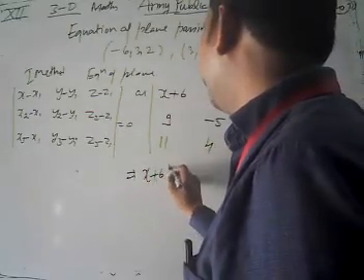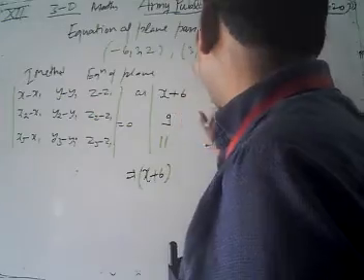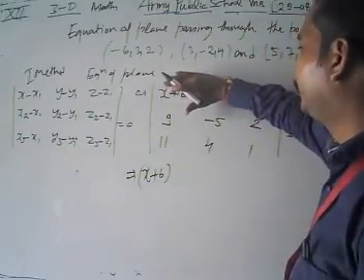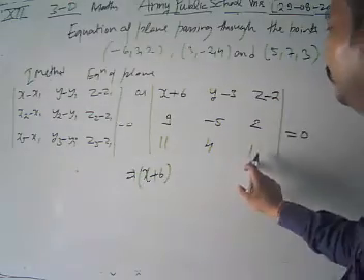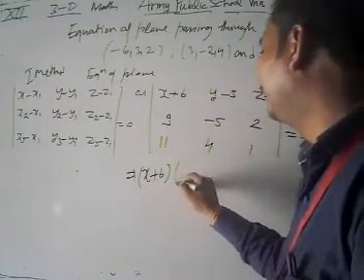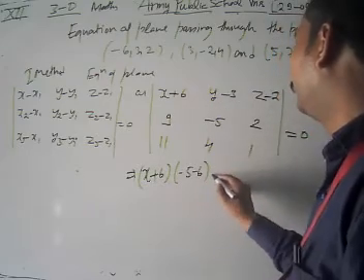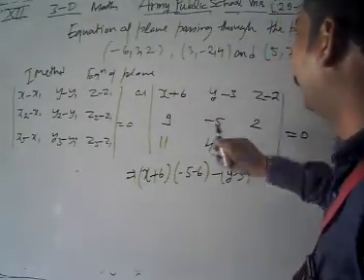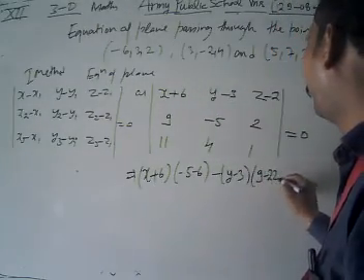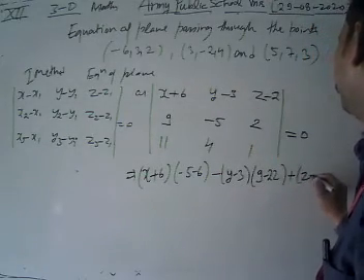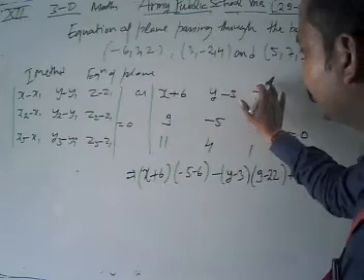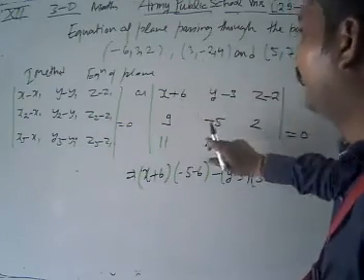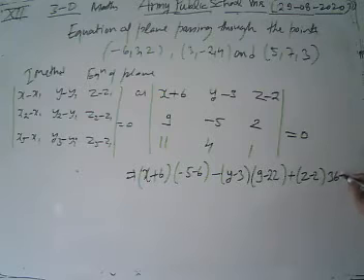Write down x plus 6, crossing out its respective column and row. What we have when we take this respective row and column: minus 5, 4, 1 and minus 5 and minus 6. Then take this minus 5, y minus 3. Getting this respective column and row, we have 9 minus 22. Then plus z minus 2, taking the respective rows and columns, we have 9 into 56 plus 55. Now look how we have put all these values.